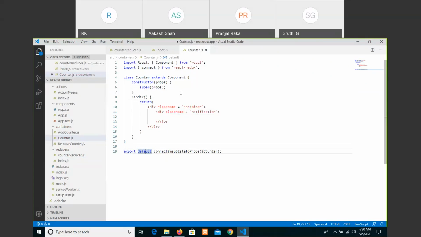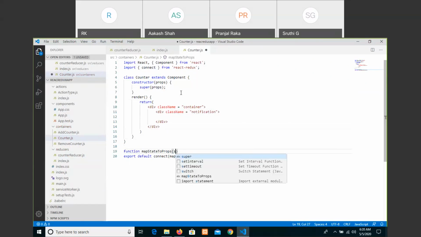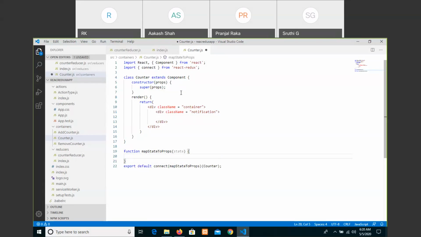Export default connect mapStateToProps counter. To write its definition: function mapStateToProps of a state, that we are returning now, and that returns, as it is only one statement, the value in the given count.